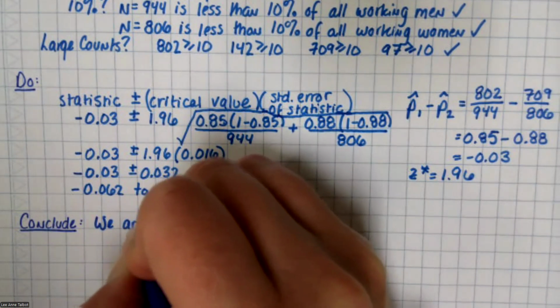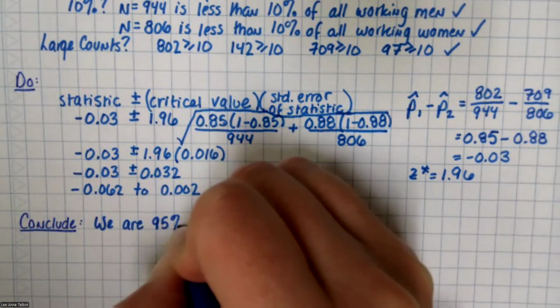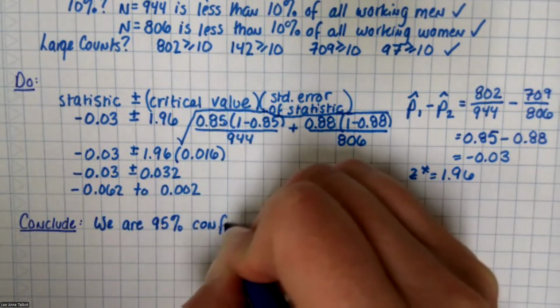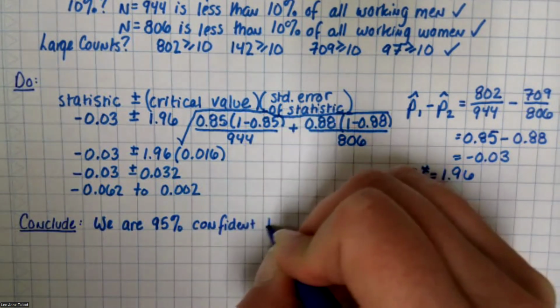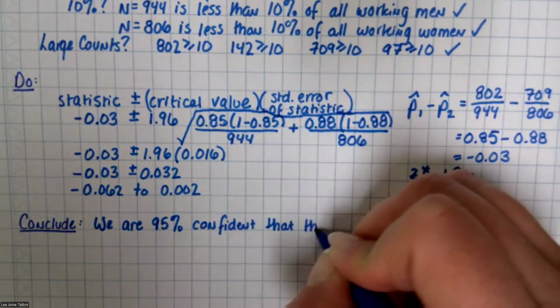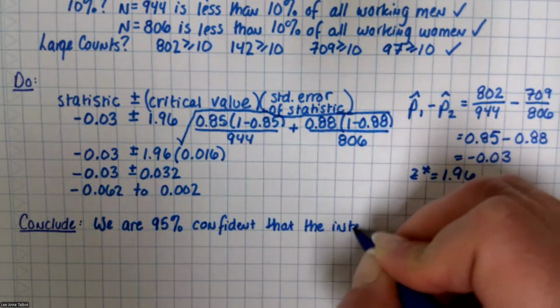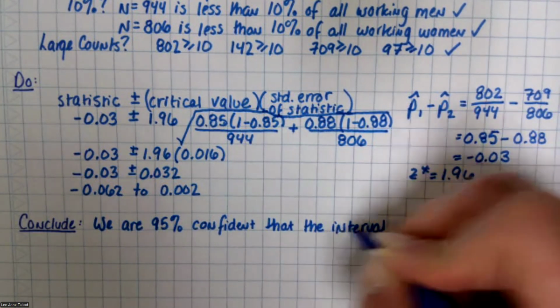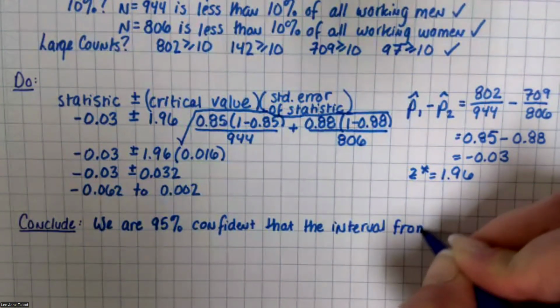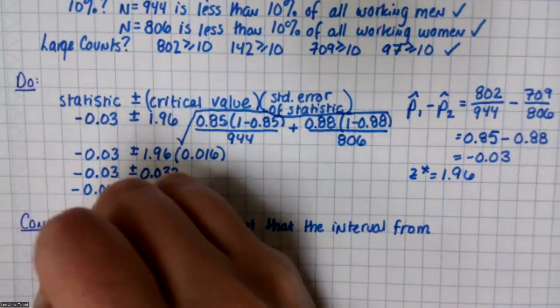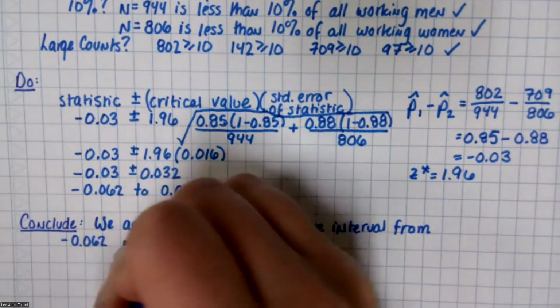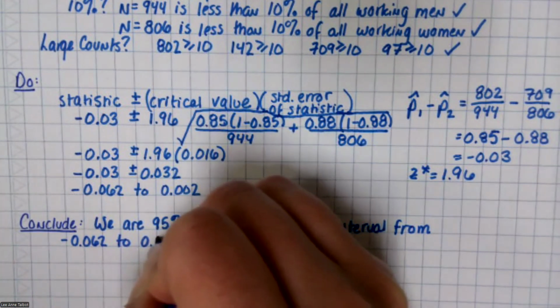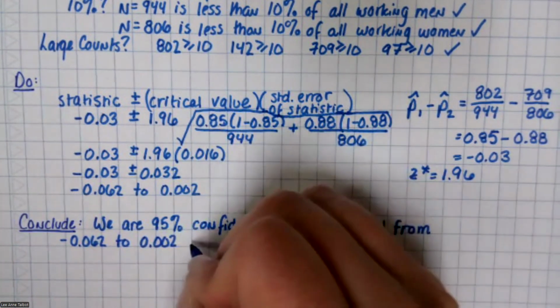We are 95% confident that the interval from negative 0.062 to 0.002